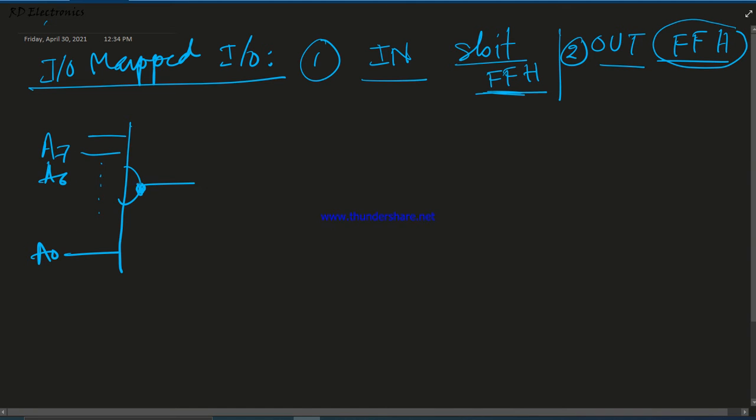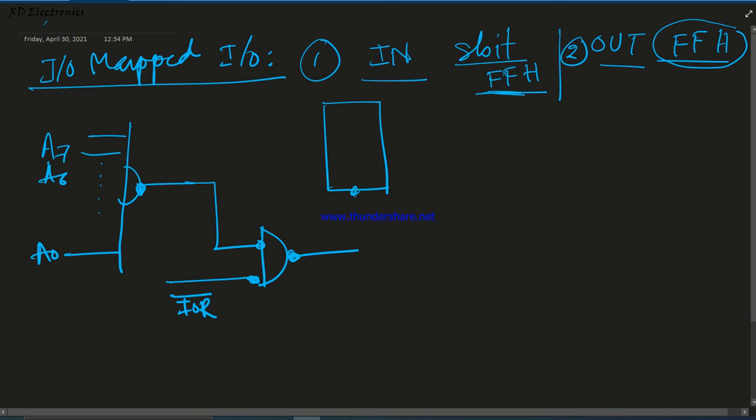This 8-input NAND gate is connected to this active low input, and here we connect IO read bar because this is a read operation from the port address. Here one D latch is connected, and this is active low, connected to the chip enable or chip select pin, and here we connected